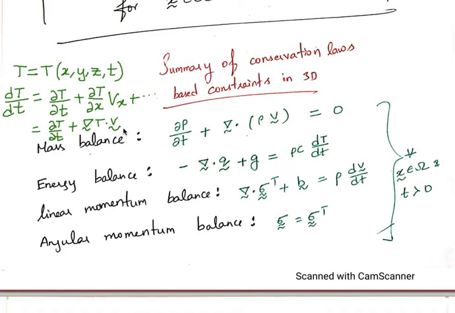One more thing. In case of welding, there will be a moving heat source. In those cases, what kind of modification will have to be made in the energy balance equation? It depends on how you want to solve the problem. You have two options. One option is you can take the boundary condition to be time varying. Your material is fixed and your boundary condition is changing with time. So that is one approach.